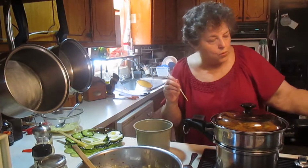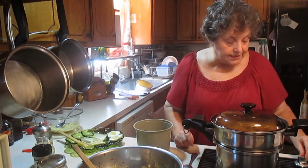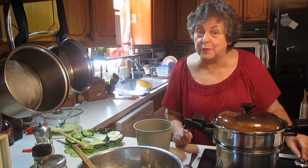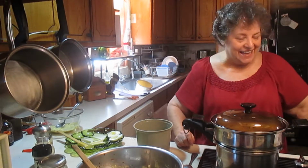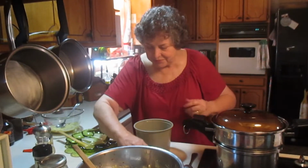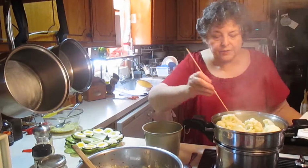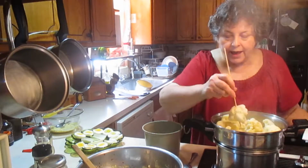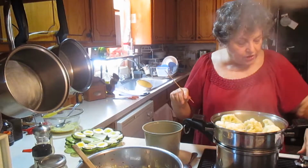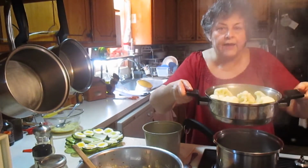I'm going to leave it 1 more minute, and it's been 11 minutes. So my first estimate of 3 minutes was way off. We're going to let the cauliflower go for about 12 minutes. Another minute has passed. The cauliflower's been cooking for 12 minutes, and that's as tender as I want it right now. So we're going to turn this burner off, and we're going to take the cauliflower and run it under